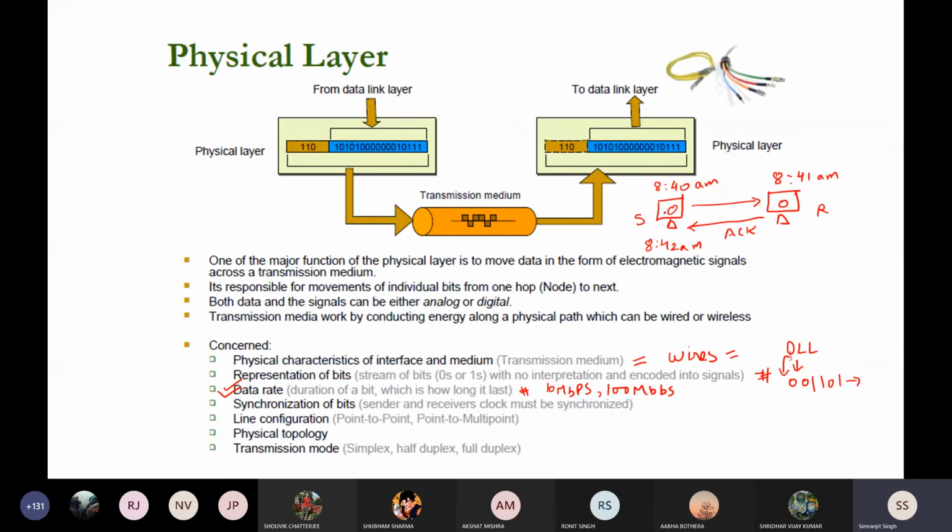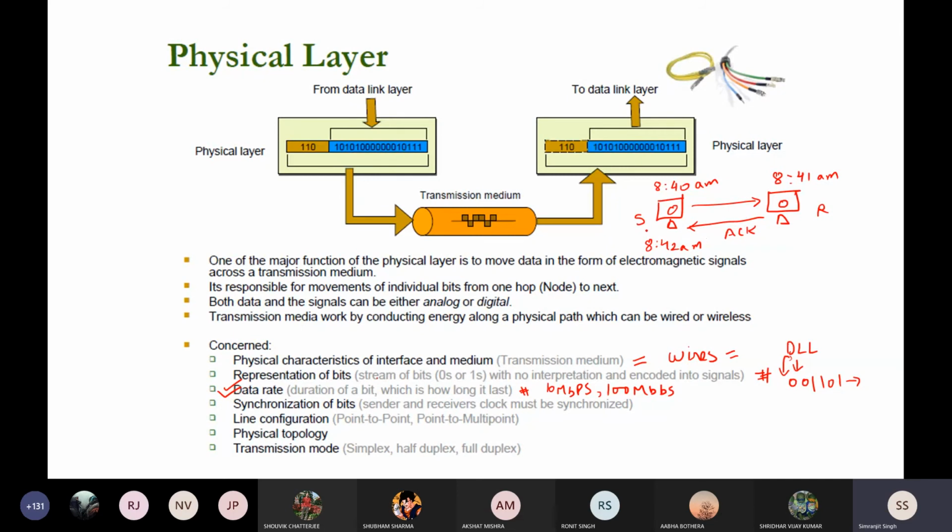What is synchronization? Synchronization is when you send a message from a sender to a receiver, and the sender knows that within a particular amount of time it will receive the acknowledgement. If the acknowledgement is not received by then, it will send the message again. So this is the synchronization between sender and receiver. They are a well-oiled machine that knows they will get the message.